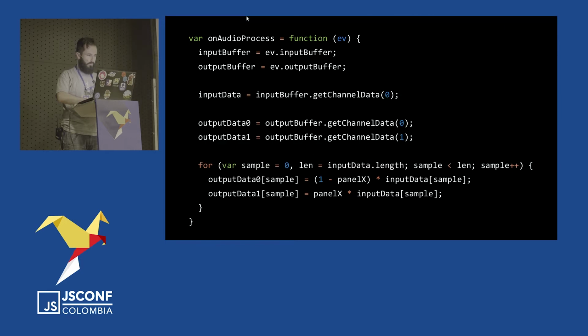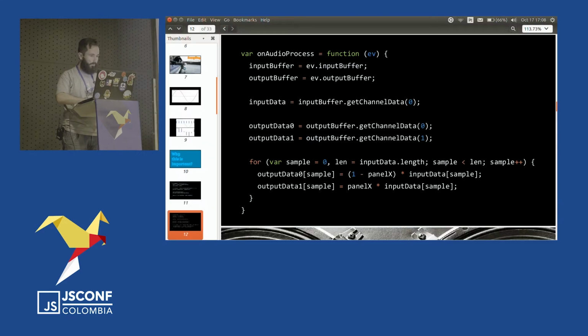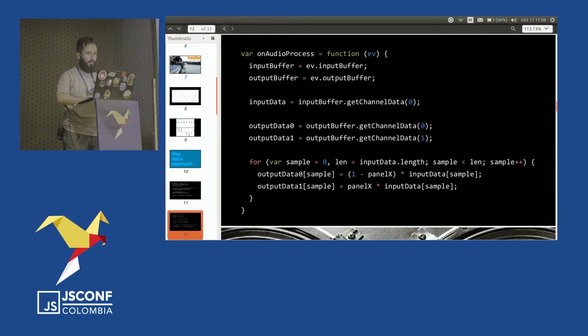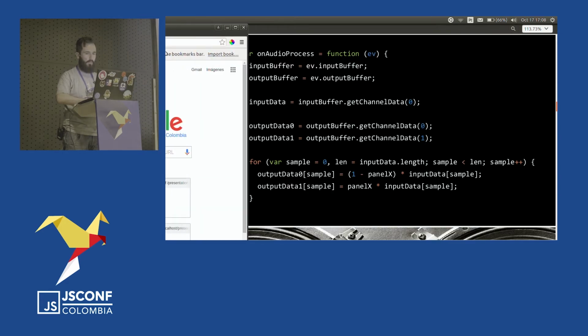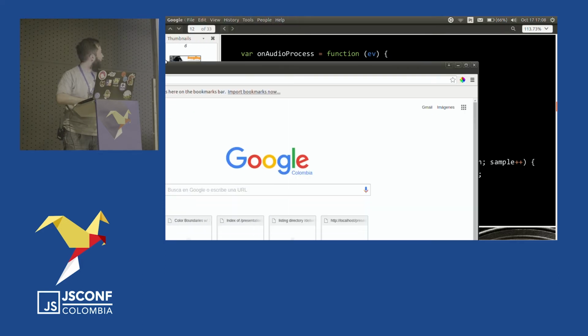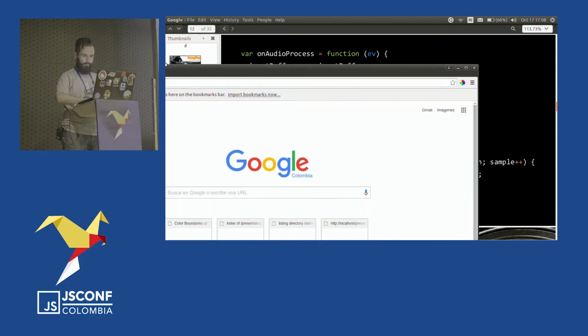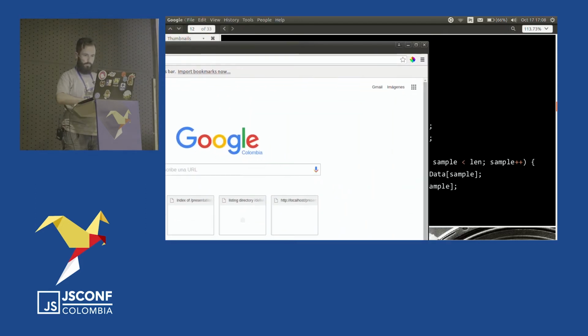Let's see. Come on, Ubuntu, help me. Why so hard?